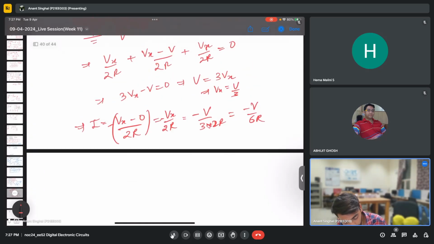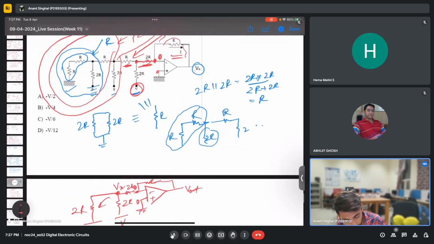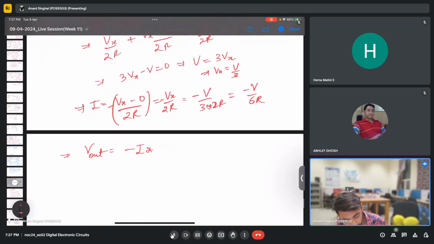Then the final voltage V out is nothing but minus IR. We need to check the resistance if it is R. So it is R only. So you can see here, V out is minus IR. So I'll just write,